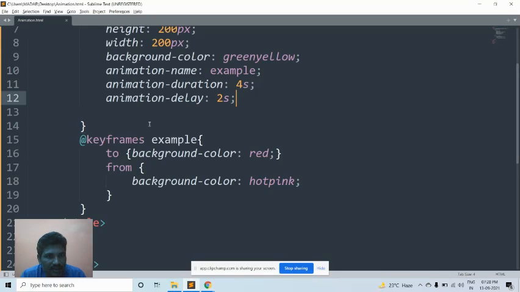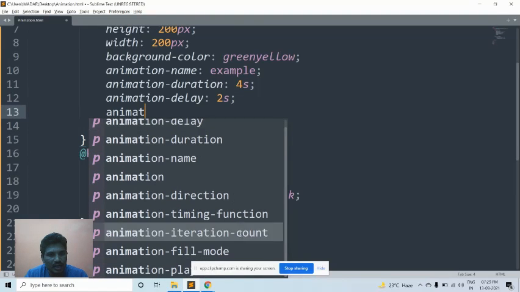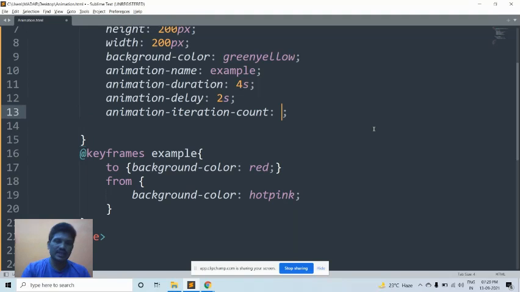Then after that, this is another thing. If you want the animation to continue, what you have to do is use animation iteration count, for example three times or 4 times.